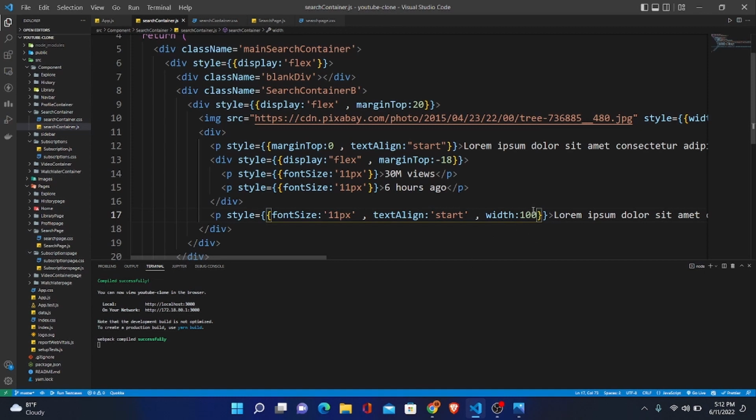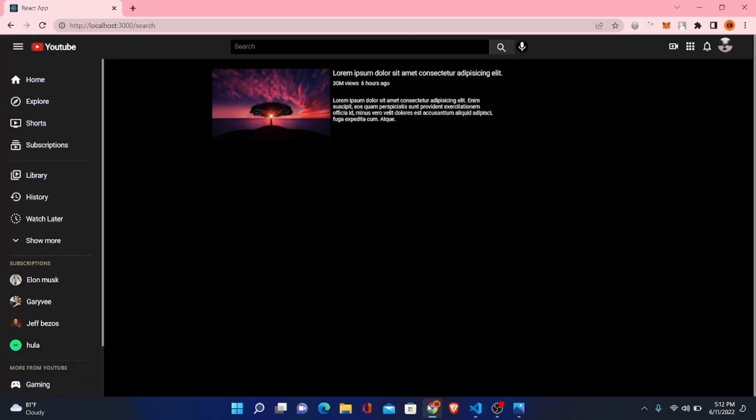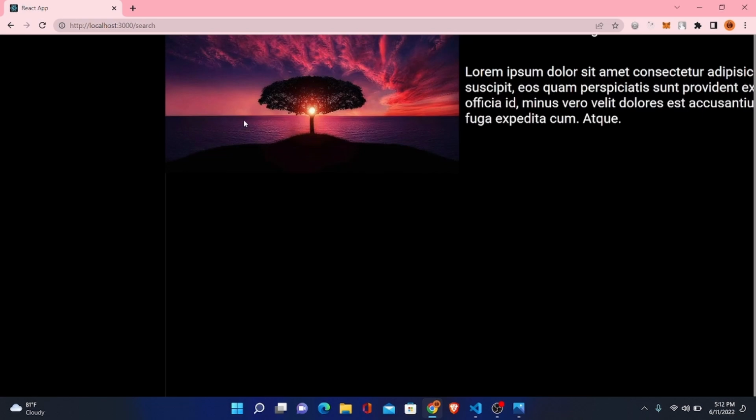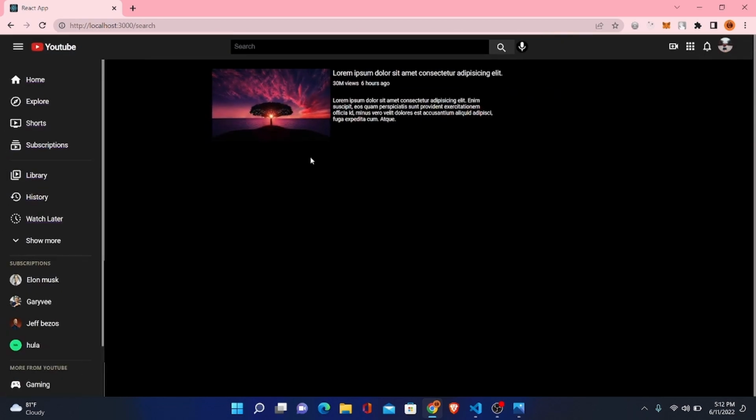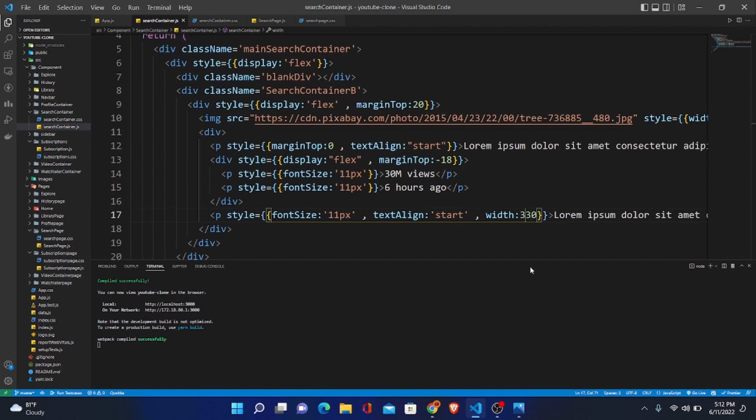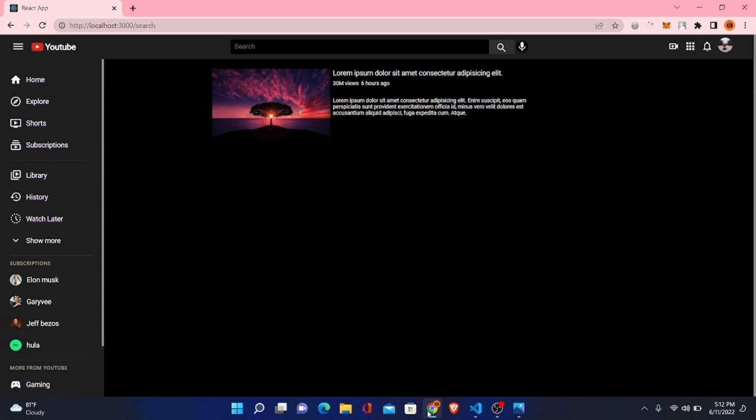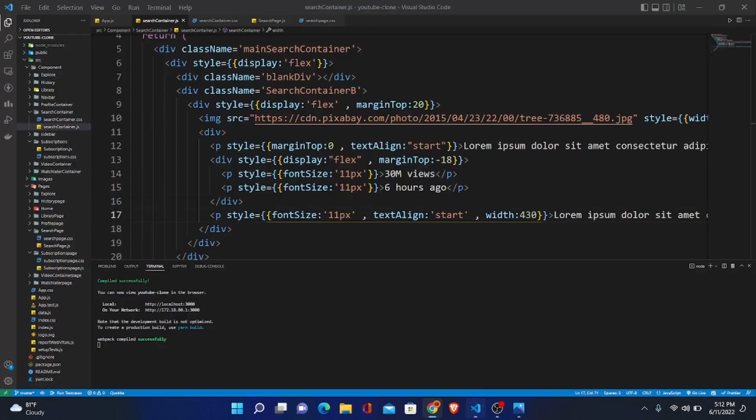So what I need to do is I need to give it 330. Yeah, 330 would be enough, maybe. Or maybe not. Let's give it a 400. Okay, so 430 would be enough. Yeah, that's enough. So I will just copy this width,